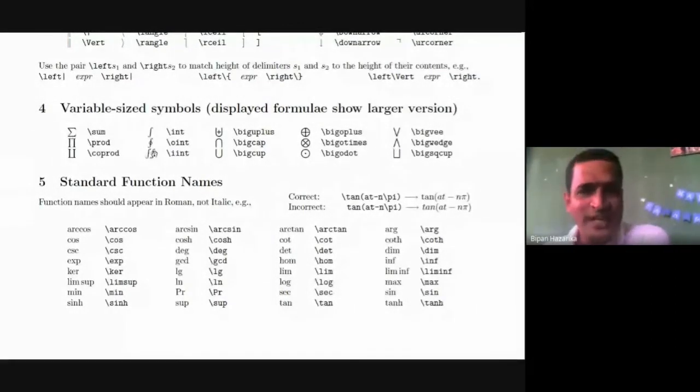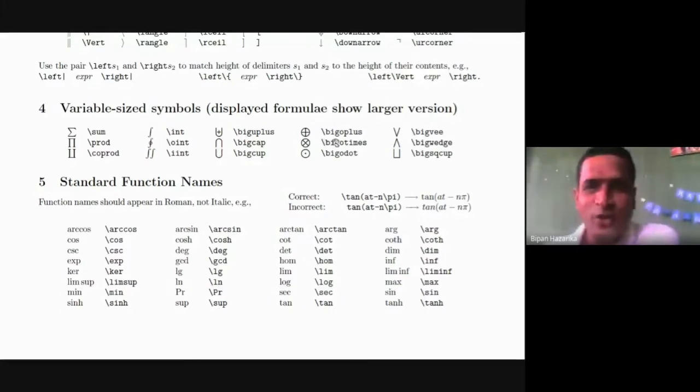Then within the union sign, we write a plus. So big U plus means within the union sign we get a plus symbol. Big cap means the larger form of the intersection. Big cup means the larger form of the union.